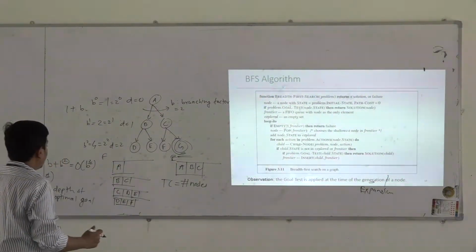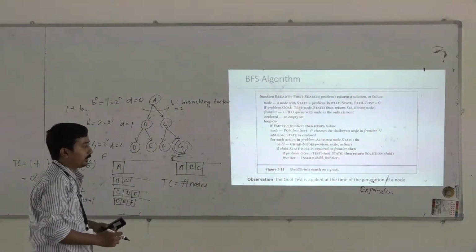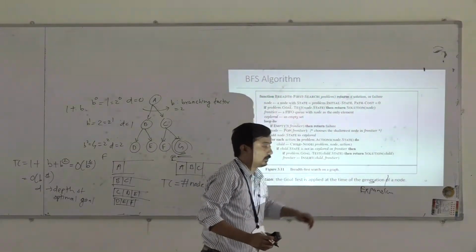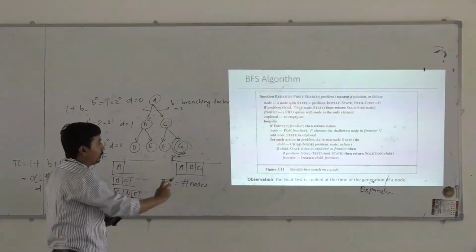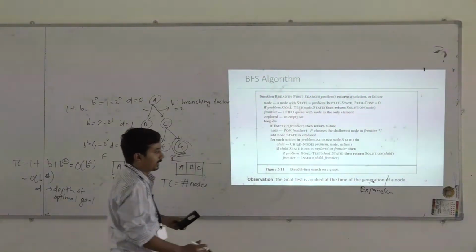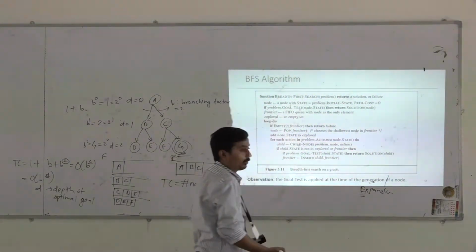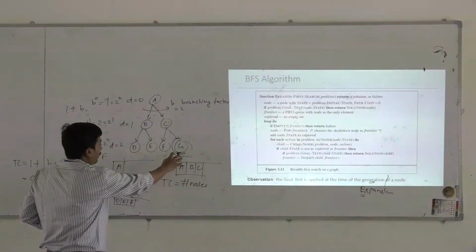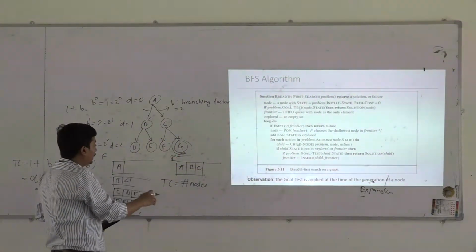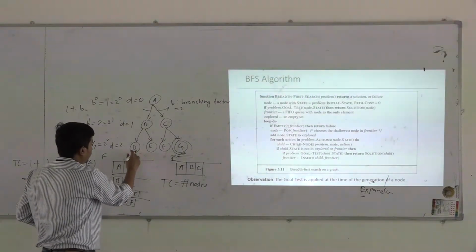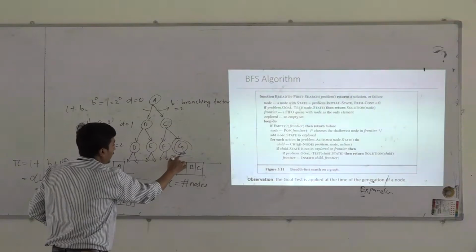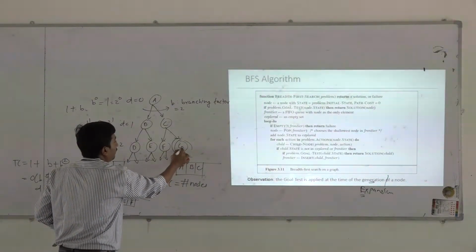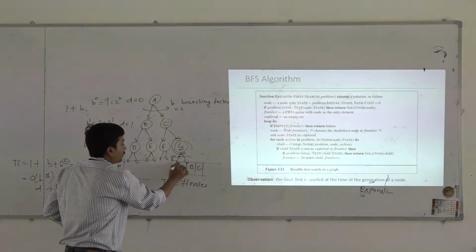So what would happen if you apply the goal test at the time of expansion? Now G was only generated here, so the goal test will not be applied. Now we are seeing the second case, when we apply the goal test at the time of expansion. We will not stop here; we will have to continue. Then D will be expanded, E will be expanded, then F will be expanded, and G will be expanded, and then we apply the goal test and stop.